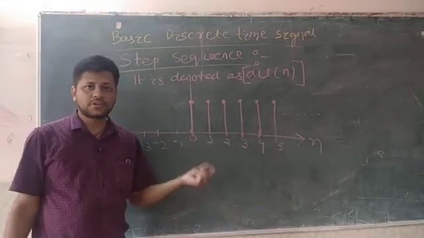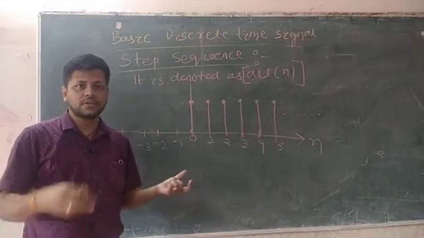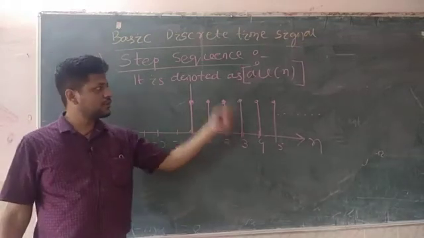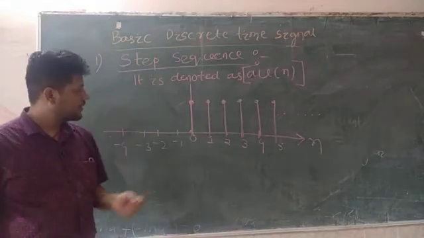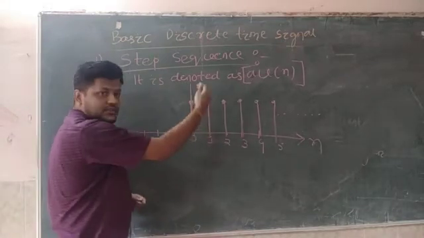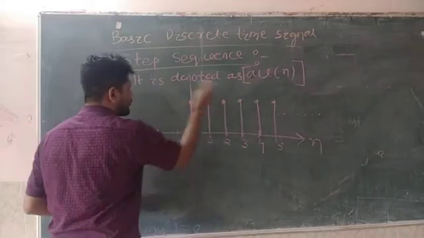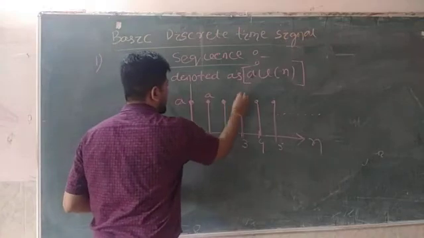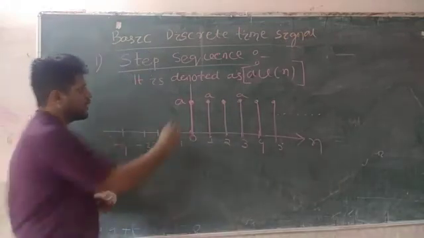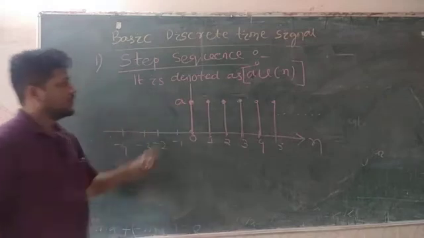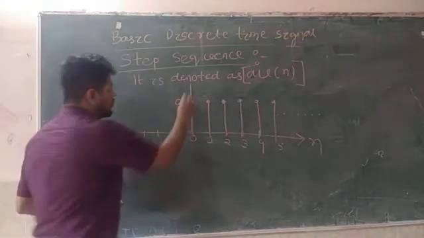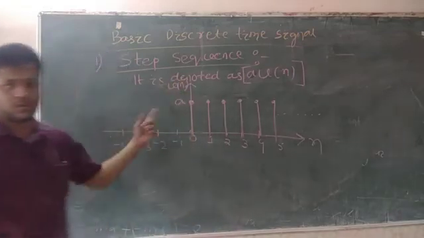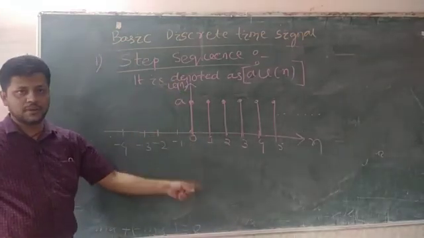Because this is an infinite signal. In the last class, whatever we studied was a finite sequence, that is, n varying from, for example, minus 3 to plus 3, with a finite number of samples. But here the unit step signal has infinite samples. What is the height of this signal? The height is the coefficient, so here the coefficient is A, and every height is A. All the heights are equal to A. So this is the graphical representation of your unit step signal, the step sequence.